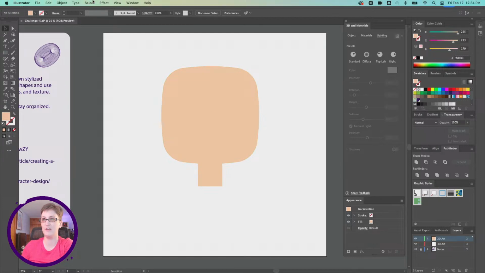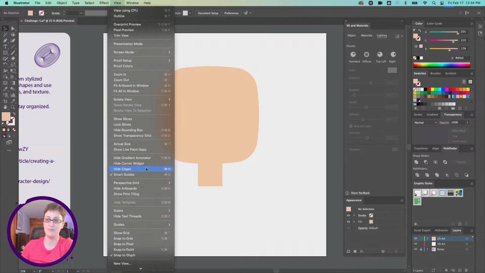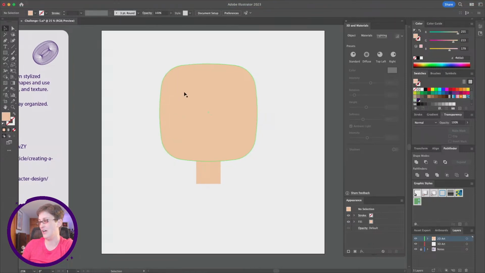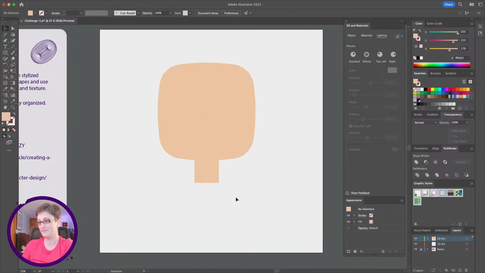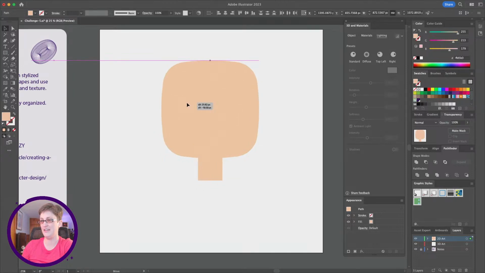I've got smart guides on. You can turn them on under View, Smart Guides. You can see they're checked right here. Just make sure, I always work with these. I don't think I ever not have them on. I might disable them occasionally, but usually they're on. So they kind of let me move and align things to the artboard and with each other